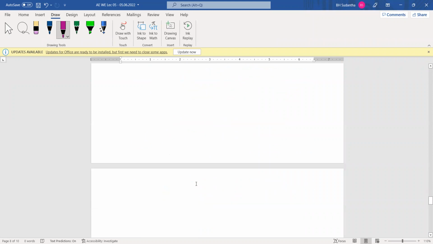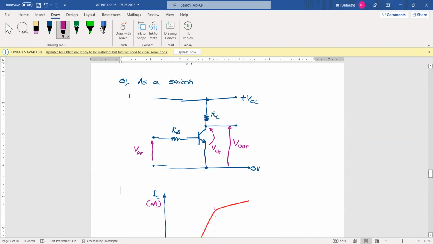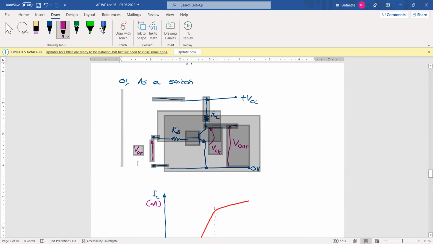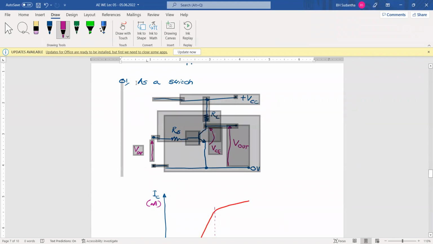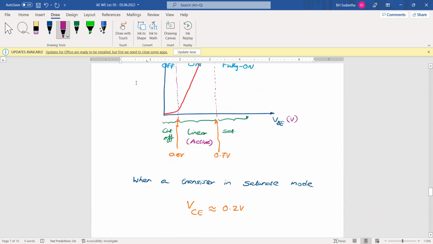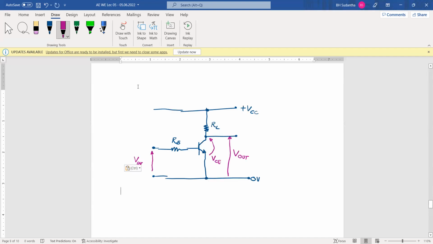Then to put this one into cutoff mode, what we have to do is apply